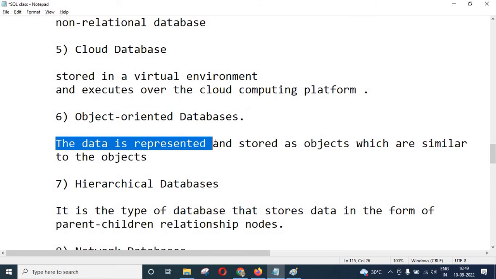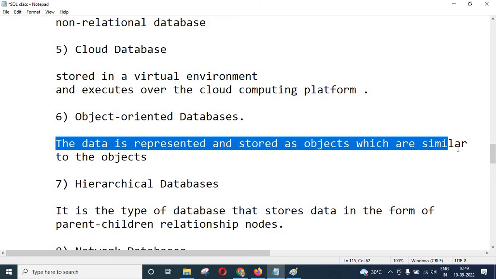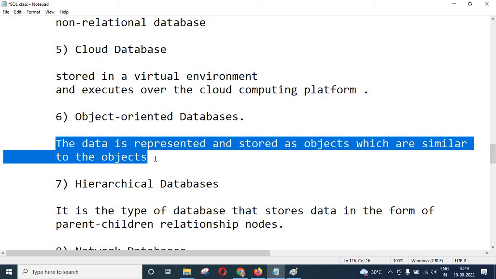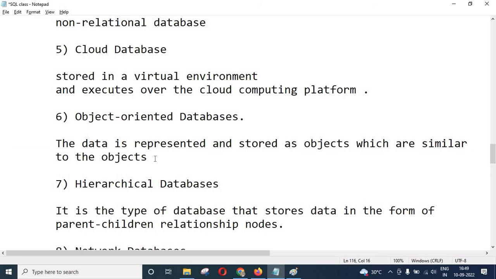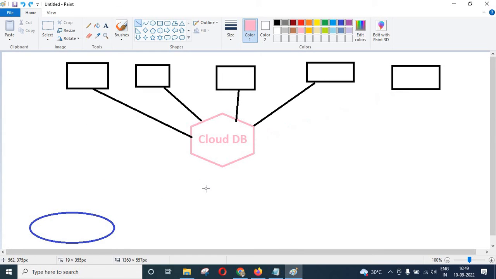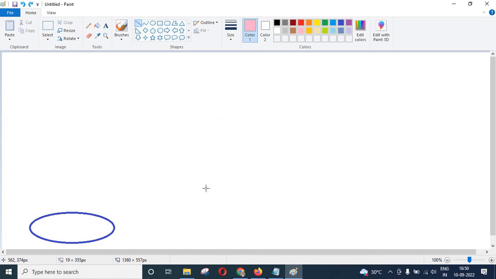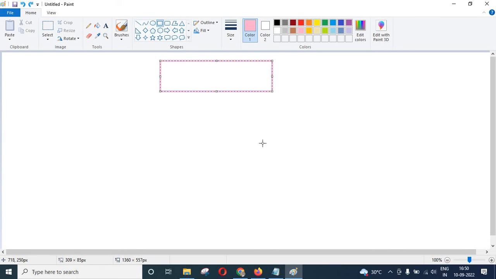The data is represented and stored as objects, which are similar to objects in object-oriented programming. You have already studied what object-oriented programming is, so these databases are stored on the basis of this principle. Let me show you with the help of a diagram how an object-oriented database looks. Suppose this is the main database, and this is the